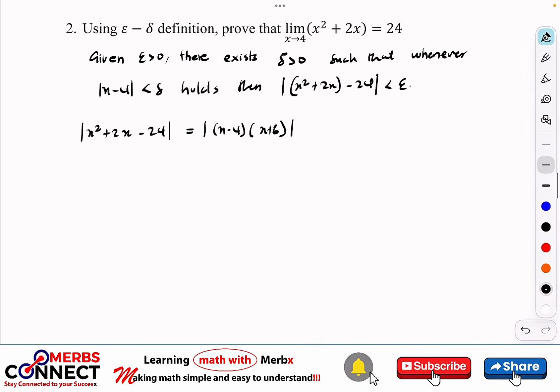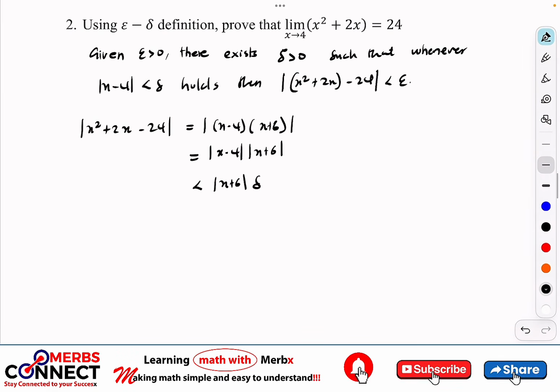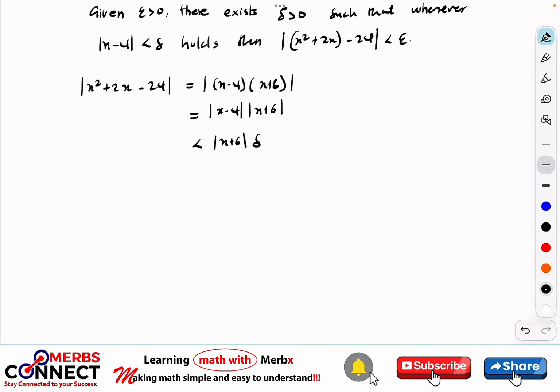So now this is the same as absolute of x minus 4, absolute of x plus 6, right? So now we can say that this is less than absolute of x plus 6 delta. So now when you get here, we have to approach the one that you want to choose, then you choose, right? So this one, I'm going to use one approach. The next one, I'm going to use a different approach. That's what I'm going to do so that you'll be fluent with that and we don't spend too much time explaining all the two. So this one, I'm just going to take